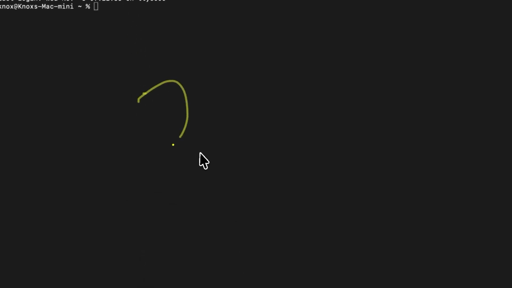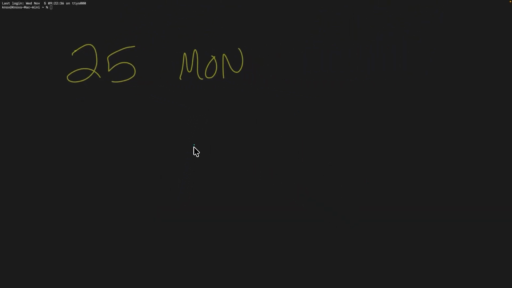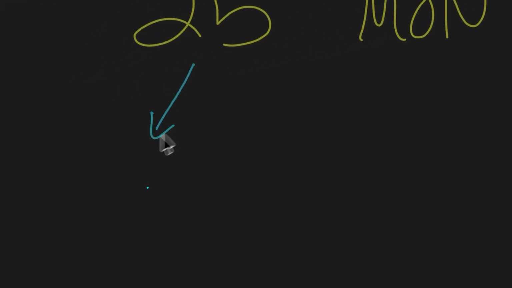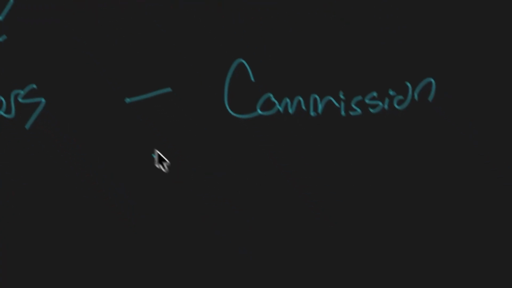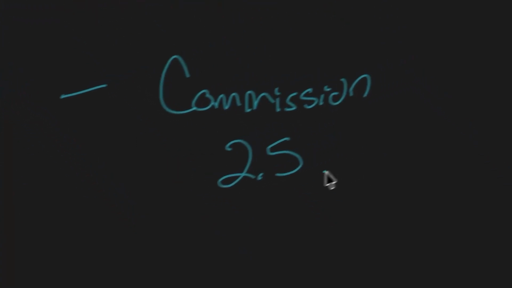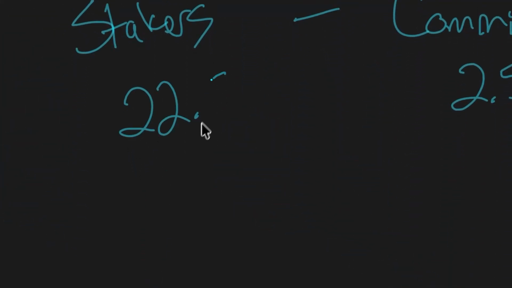This is where you, the staker, come into play. That 25 MON gets created when the validator creates a block, correct? But that 25 MON doesn't just go to the validator. No, instead, it actually goes to the stakers minus the validator's commission. So if the validator charges a 10% commission, 2.5 MON goes to the validator, and that of course leaves 22.5